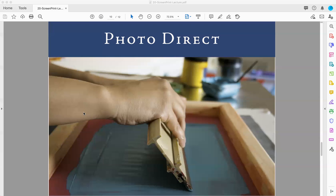That's going to have to be a direct emulsion to do halftones. We're not going to do those in our project in this class because we need to learn the basics before we can move on to that. But anyways, you should use monofilament polyester, and it should be colored red, orange, or yellow, because those reduce the